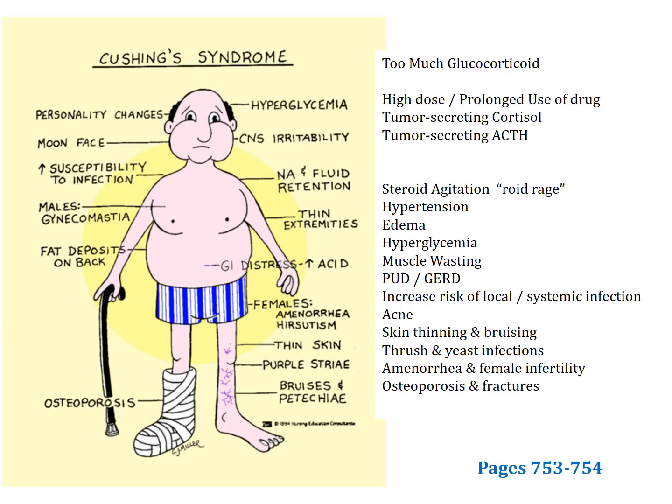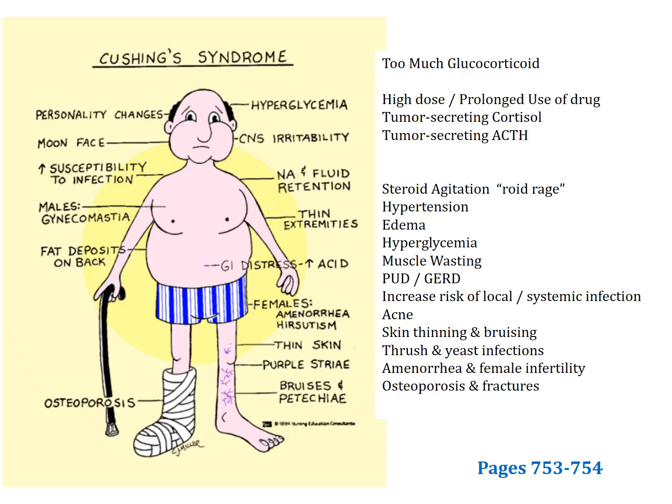Cushing's syndrome, too much cortisol. The last slide showed you some different reasons why an individual can have too much cortisol. Too much glucocorticoid can be due to the individual taking a drug that's acting like cortisol, like prednisone or dexamethasone or Solu-Medrol. They could have a cortisol-secreting tumor, or they can have an ACTH-secreting tumor.